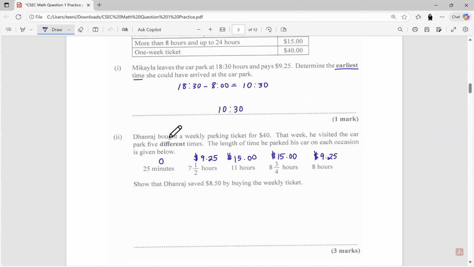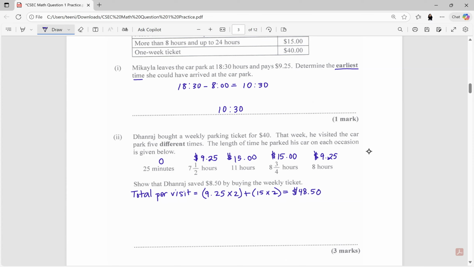saved $8.50. So let's calculate the total amount of money he would have paid per visit. All right, so total per visit would be 9.25 times 2 plus 15 times 2. Just making that less space. How much is that? $48.50, right? Yeah. So he'd have paid